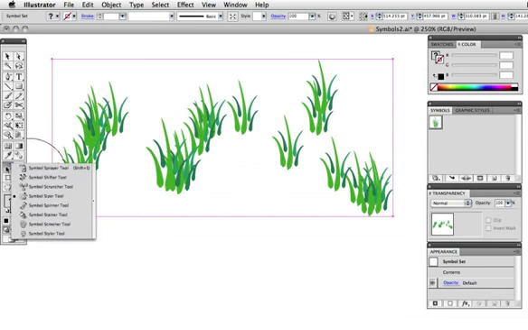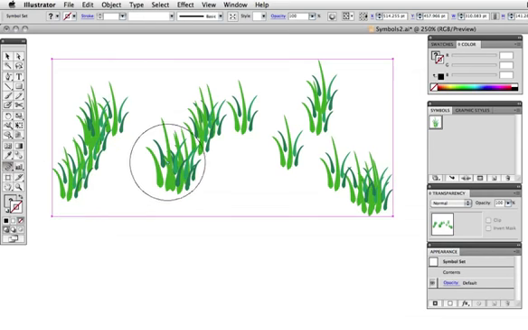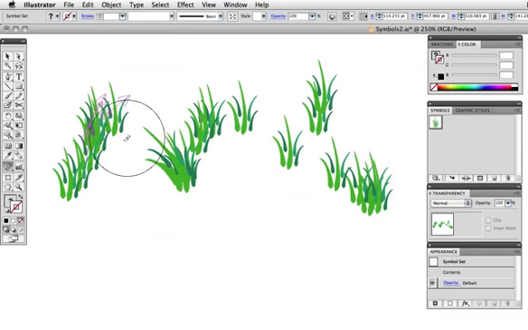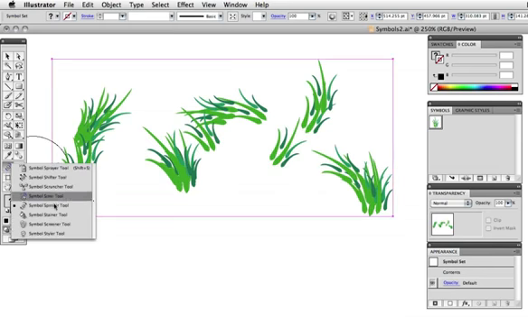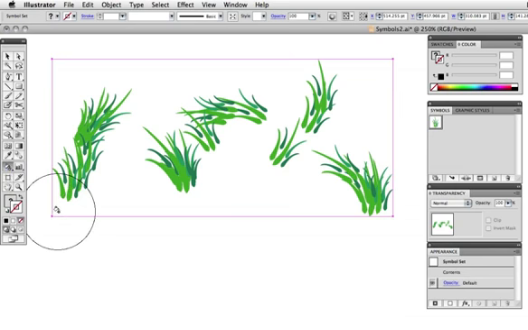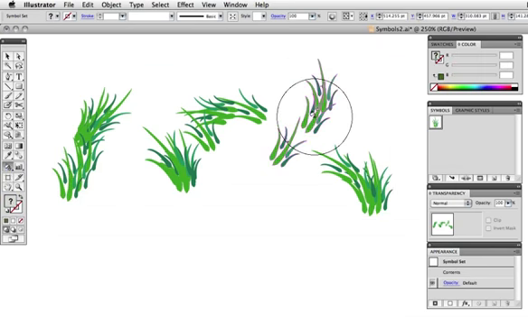Next on the list is the symbol spinner, which rotates each symbol, and you get a little ghost arrow to let you know in which direction it's spinning. The symbol stainer comes next, and this is a neat one, and it can be useful for randomizing the color of your symbols. Based on the swatch that is currently active, the stainer will recolor each symbol while maintaining its